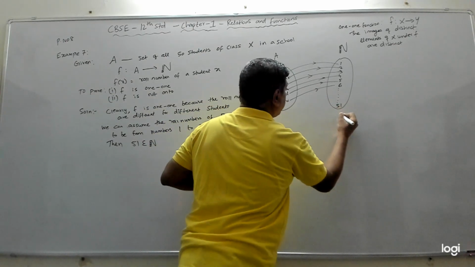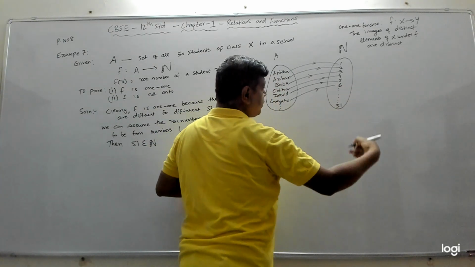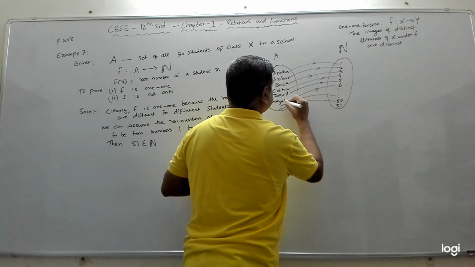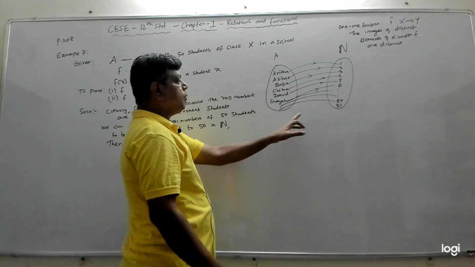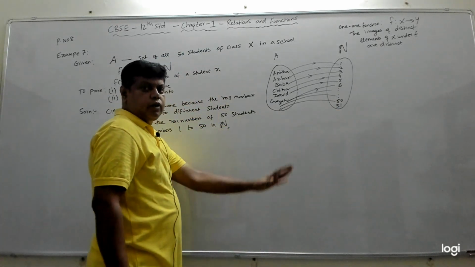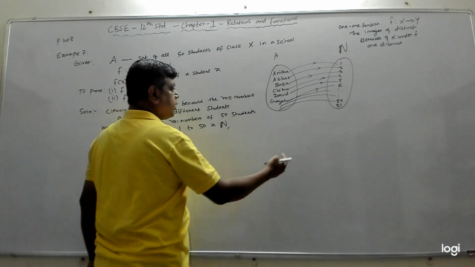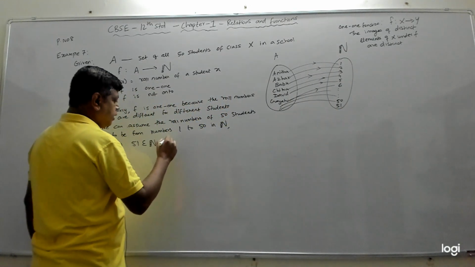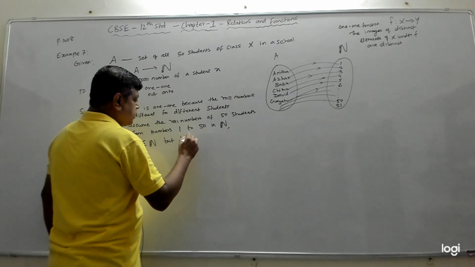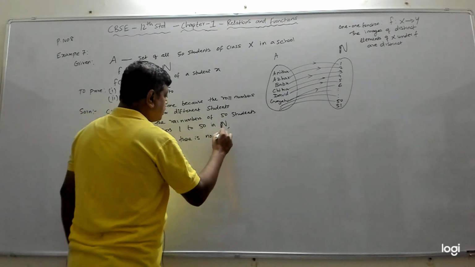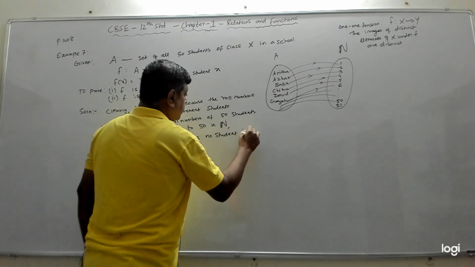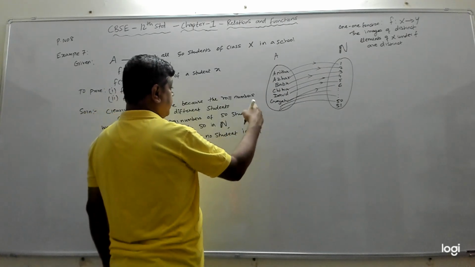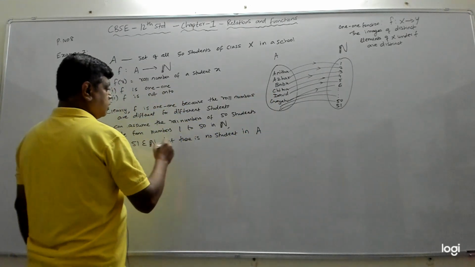Suppose this is 51. There are many numbers, 50 to 53, many numbers are there. So till 50 it will be mapped to all the different students. But for 51, even 52, there is no student whose roll number is 52. So we can take any one number, let's take 51. 51 belongs to N, but there is no student in A, A meaning set A,